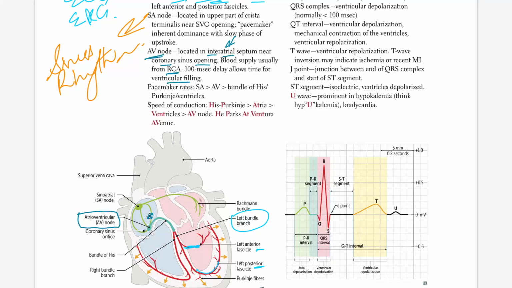So let's say this is the coronary sinus, they actually have it in the book as well. This is coronary sinus. Near the coronary sinus, we have the AV node. Some other thing that they might say for the AV node is it is located at the endocardial surface. So this interatrial surface is also known as endocardial surface. It is located at the endocardial surface, which is all again interatrial septum of the right atrium,